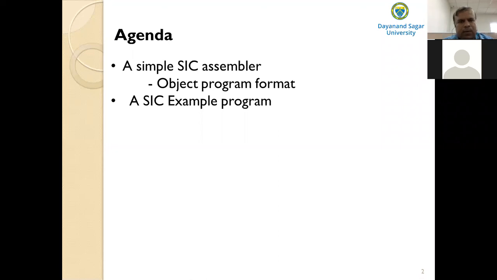You all know that each instruction will have its own format, so you have to build the machine instruction in proper format. Then the next step is to convert the data constants into the internal machine representations. And the last function is to write the object program and the assembly listing. So these are the basic assembler functions.